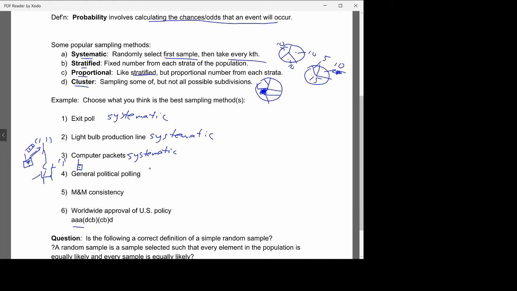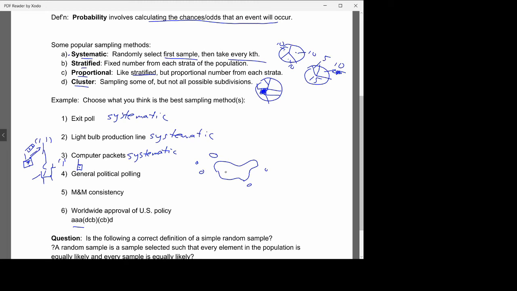General political polling. Now there, systematic doesn't sound right, because in political polling you often have maybe the country. There's the United States for you, and there's other stuff too, other parts and territories. So if that's the United States, you might ask, how am I going to poll that politically? It might depend on what you're looking for in there. So systematic's not going to be easy to do, but you can see geographically that fits stratified, maybe by state, or another way to measure people